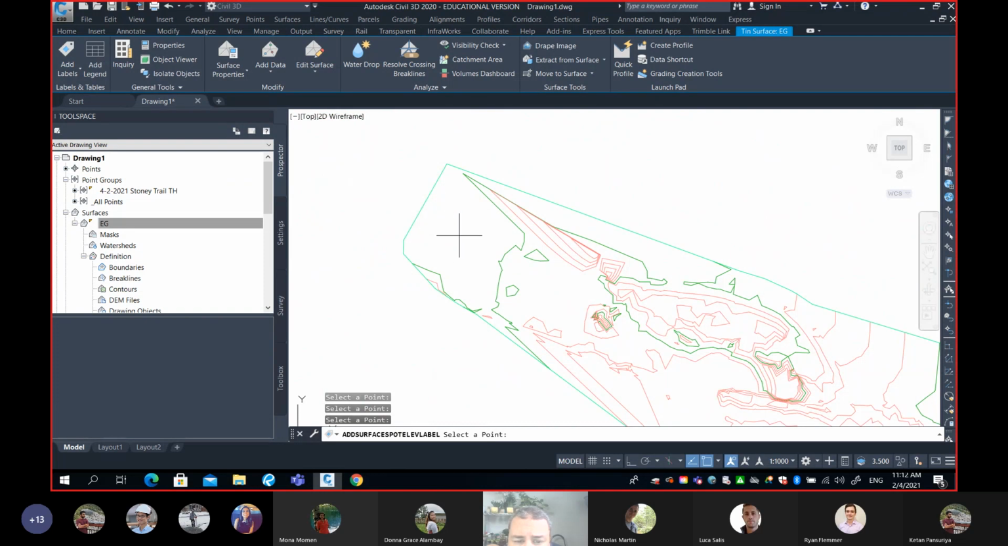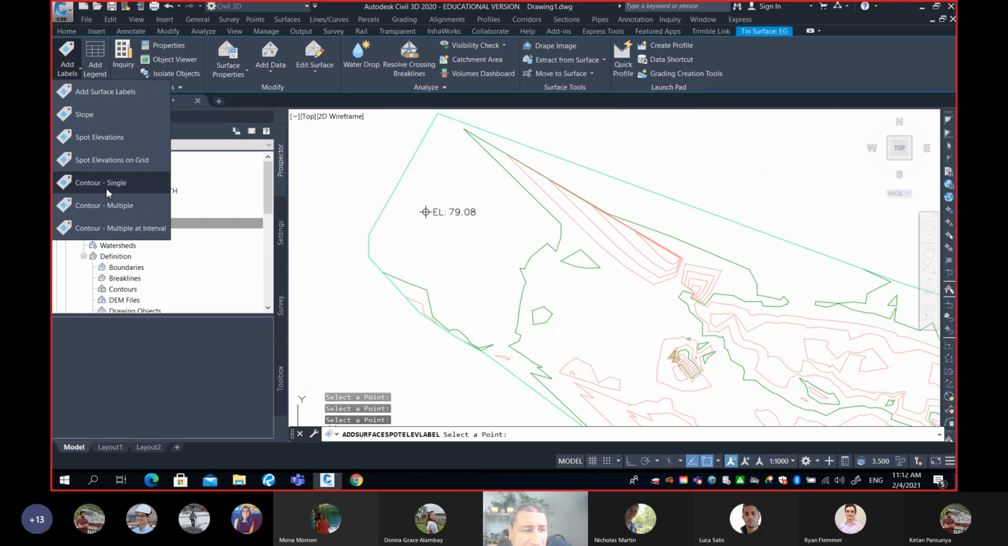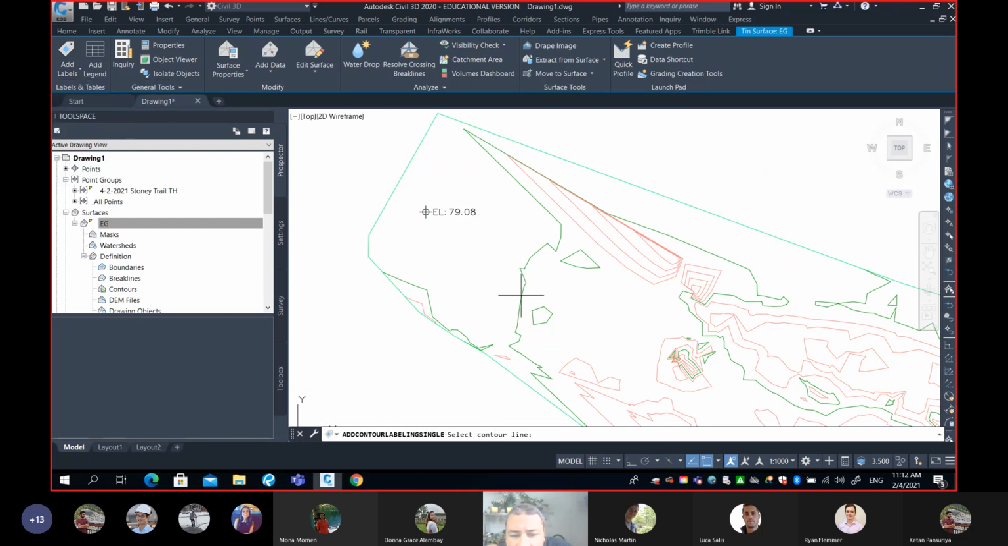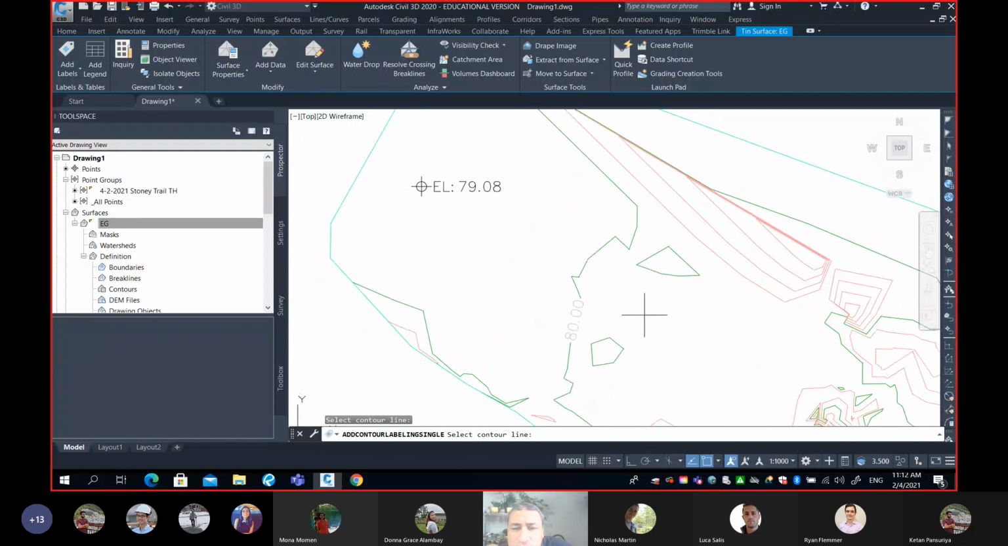There is no way to tell if my ground keeps going up or going down, except if I add a spot elevation. So right now, I would know, for example, if I come back to here, add labels, contour single, and I click on this contour line, which says 80. Can anybody tell me what's happening to the ground? Is it going up or down? Down. Going down because the contour line here is 80, and then the spot elevation is 97.8, so the ground